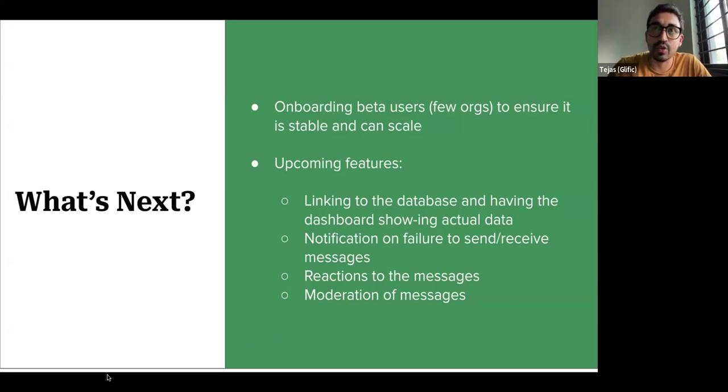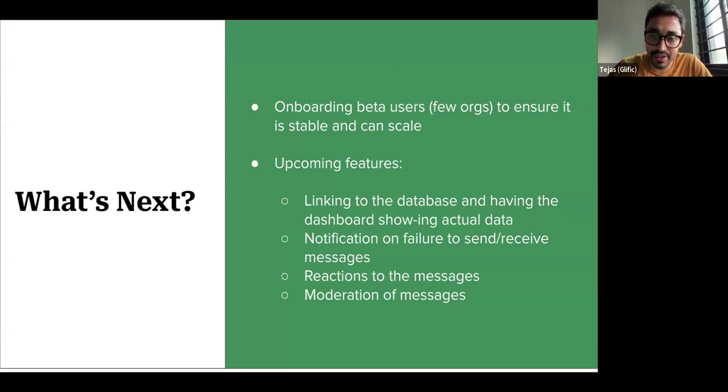We are open to getting those requirements, understanding what is needed, and figuring out how we can support NGOs to achieve that. And upcoming features right now: linking to the database all the messages that are getting received, and having a dashboard showing actual data. What you saw was a template of what we want to show. Then if sending a message fails in the groups, you should get a notification so that you can then do it manually.